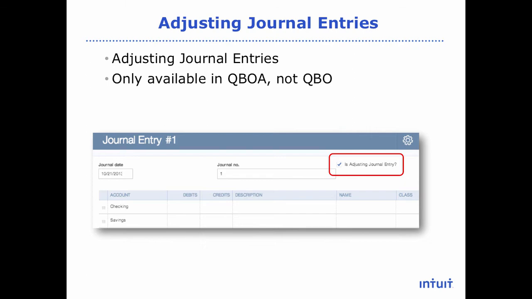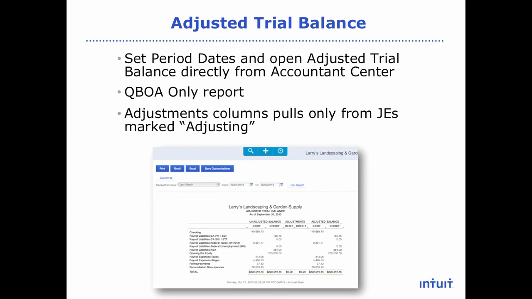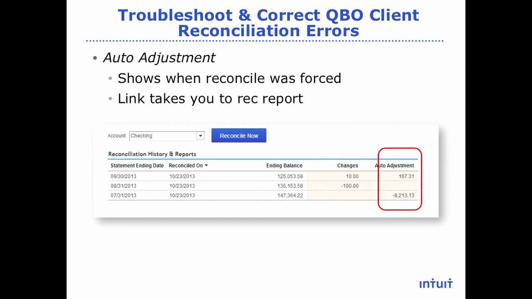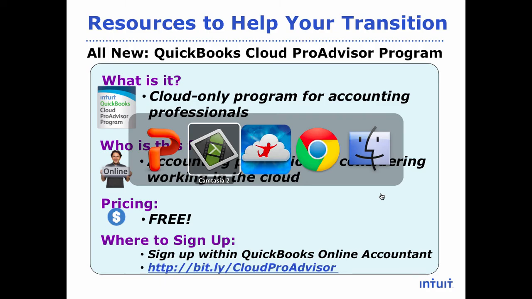I'm going to show you guys adjusting journal entries. I'm going to show you the adjusted trial balance, so you'll be able to set your period dates, and this is a QBOA only account. I'm also going to show you some really cool reconciliation tools, any changes to cleared transactions. I'll show you when your clients have forced their bank reconciliations using the auto adjustment column. And then one of my favorite tools is the undo bank reconciliation. This makes it really easy to go back and fix any problems right from the beginning when they started with your clients' reconciliations. So we're going to flip over right now